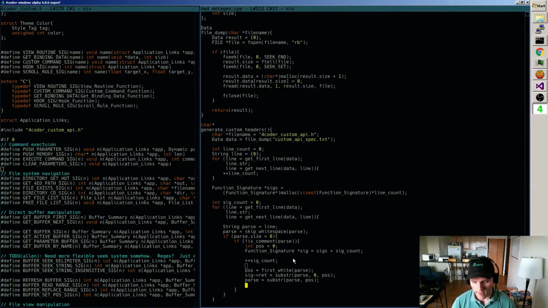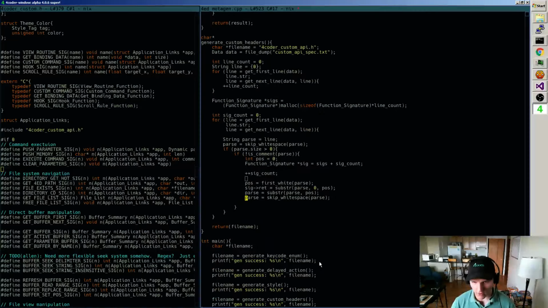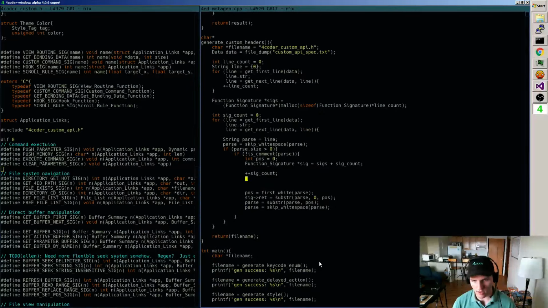That's what we want. And then what we want to do is parse equals skip white space parse, right? And so really that's just sort of the low level version of something else that I want to do,